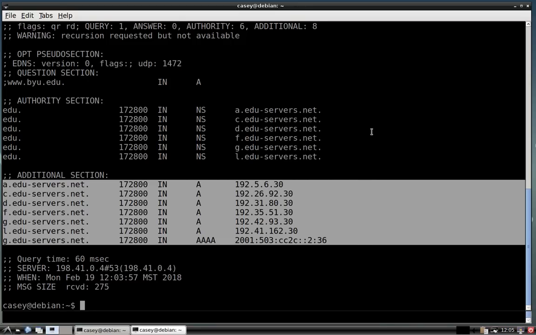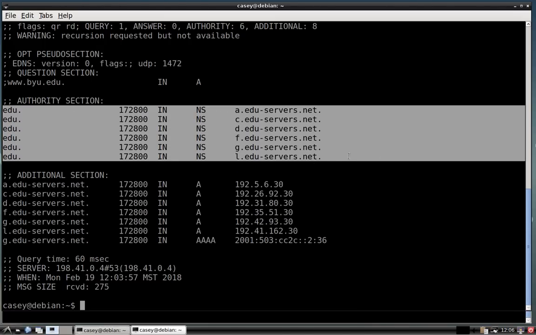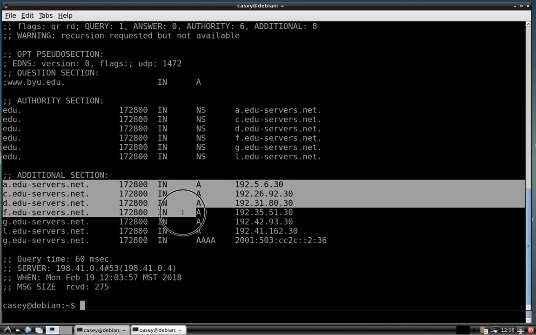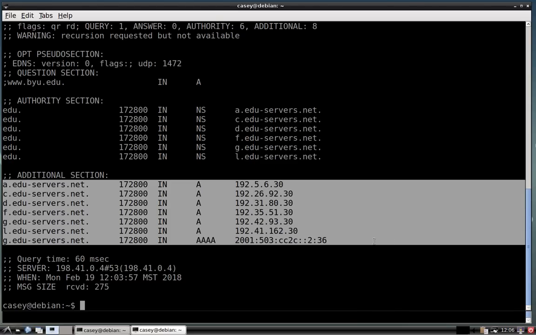So the root server gave us no answer because it didn't know it. It gave us in the authority section the referral to edu by telling us which servers are authoritative for edu. And then in the additional section, it kindly gave us some addresses. You'll see in there some IPv4 addresses, and then at the very end, there's a quad A record, which corresponds to an IPv6 address. So edu servers have both IPv4 and IPv6 connectivity. All right, that was our query to the root server for